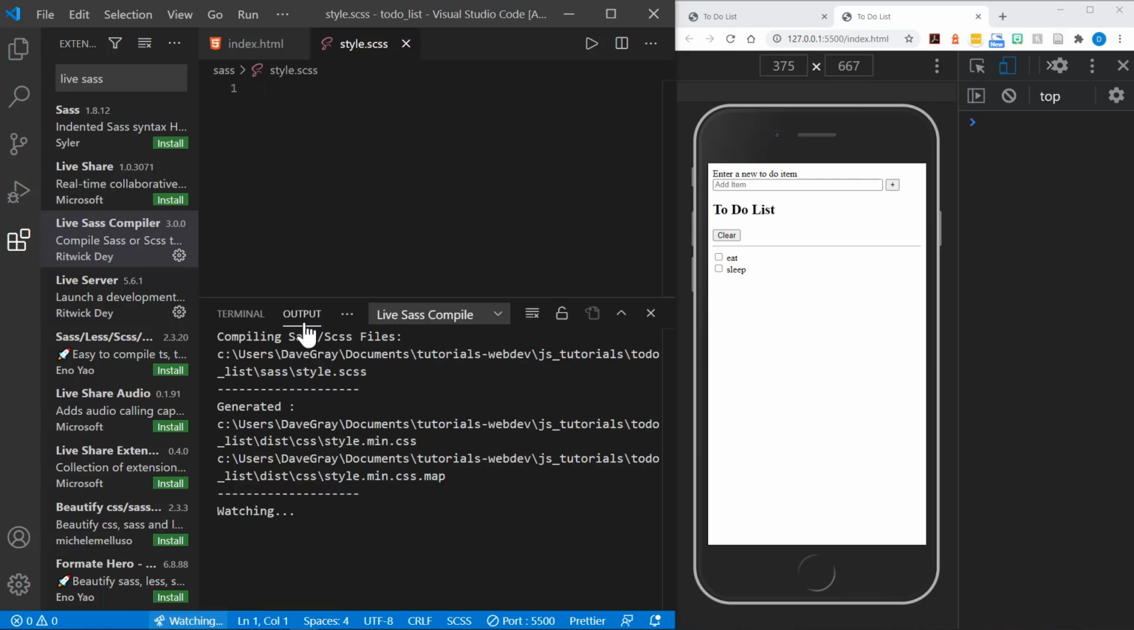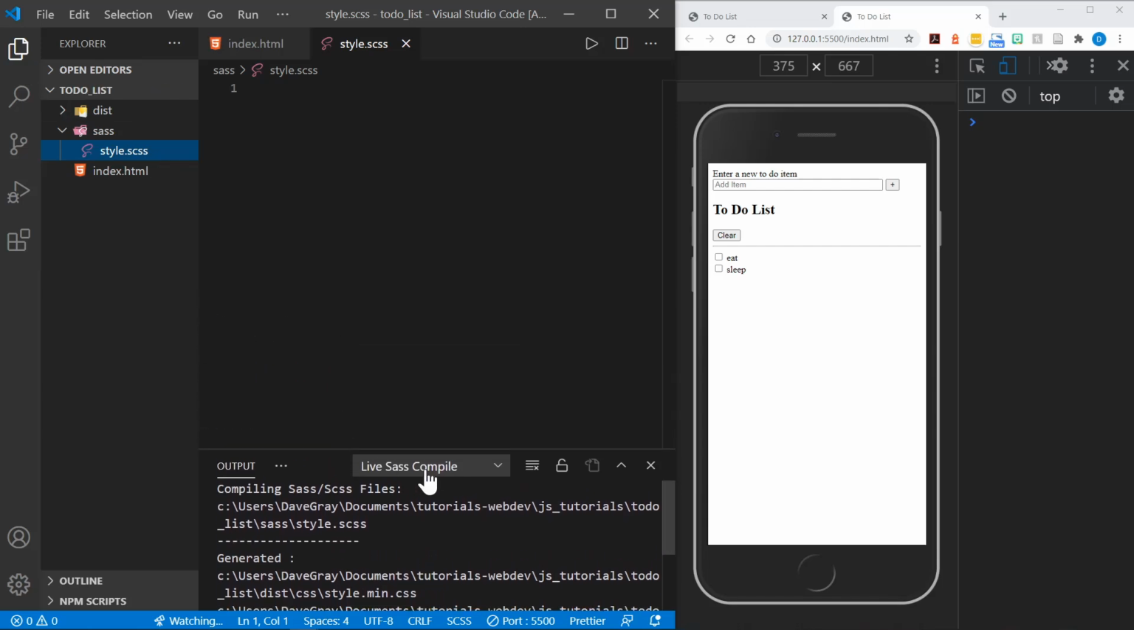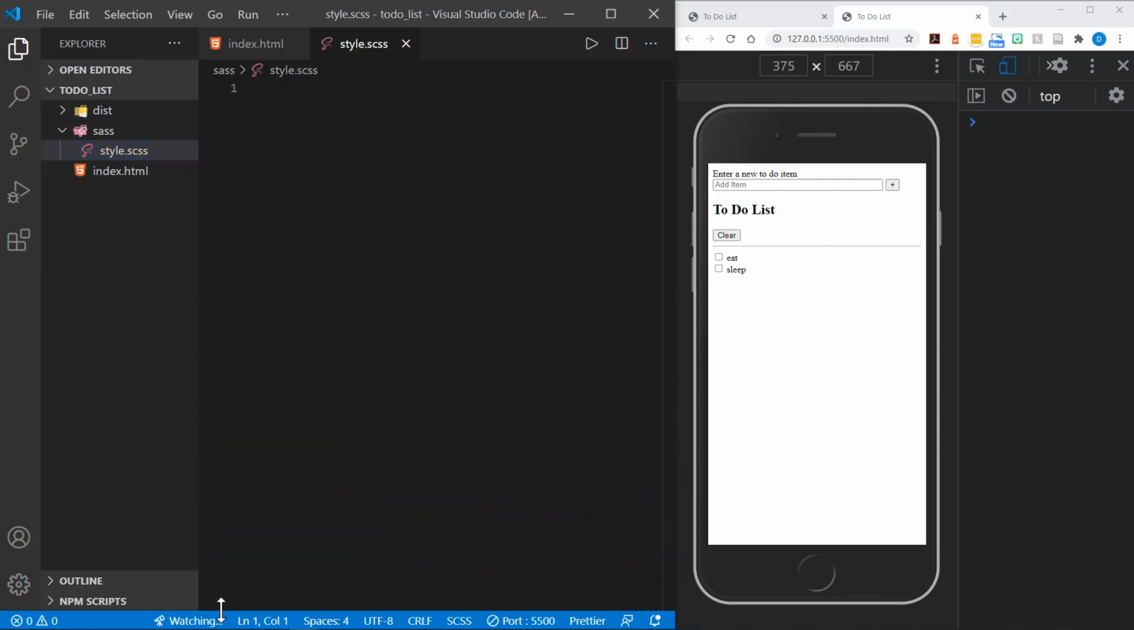So I've created that. Now you can see it went to the output window here, and it will start to look for that. Now I really don't need that right now, and matter of fact I can close it and it will continue to watch. See, it says watching, and what it did when I clicked that was automatically created my dist folder, which stands for distribution, and inside that folder I have a CSS folder, and inside the CSS folder the live Sass compiler created a